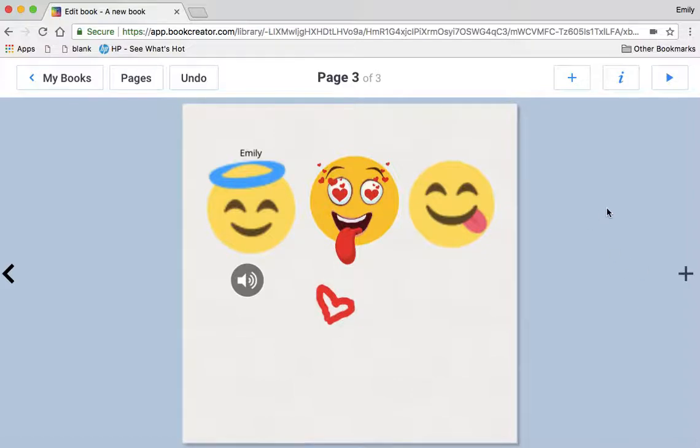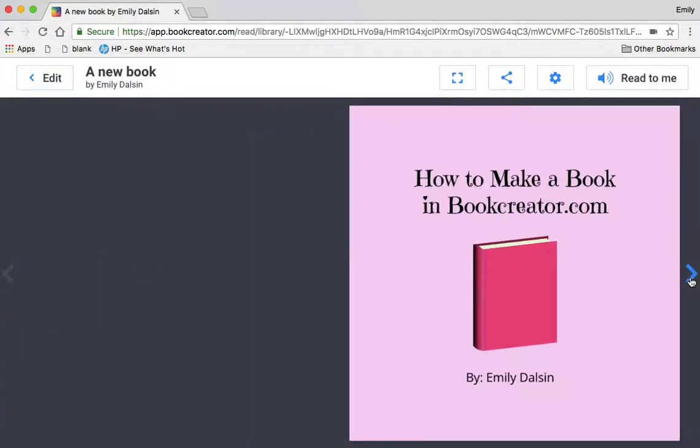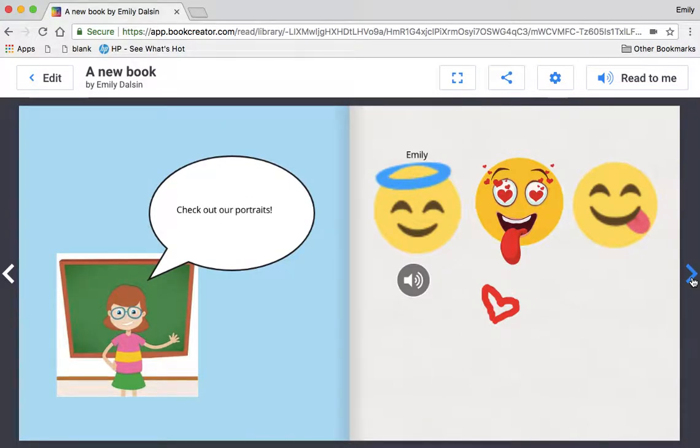Okay, so this looks good, and you're like, geez, I wonder what this looks like. If you click up here, it now plays your book. How to make a book, and then check out our portraits. Now imagine that you did this, say, with patterns for your kids, and you took pictures of all the patterns each kid made, and then you had every kid come up and say, this is my AB pattern or my AABB pattern, and you could put it in there, and then at the end, when your book is all done,